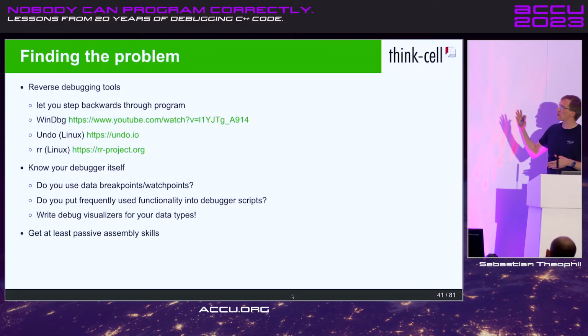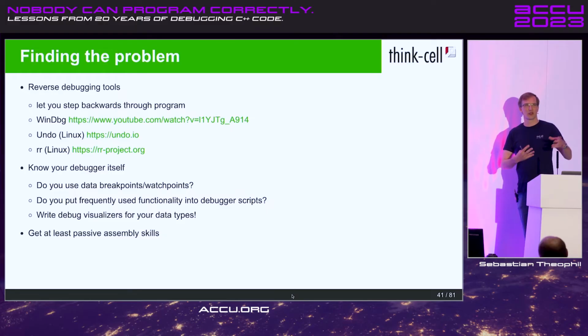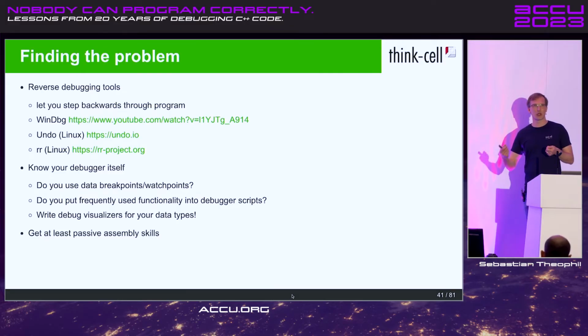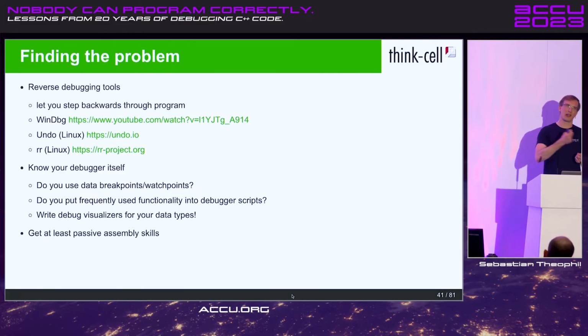And then there are the reverse debugging tools. One of them, I think, is presented outside from the people of Undo. They let you do pretty directly what we are trying to do here. They let you walk backwards from the moment you, let's say, crash to the moment you're looking for, to the moment where something goes wrong in your program. So they record a trace of the program execution and then let you replay that in reverse order. So that exists in Windows and that exists on Linux.